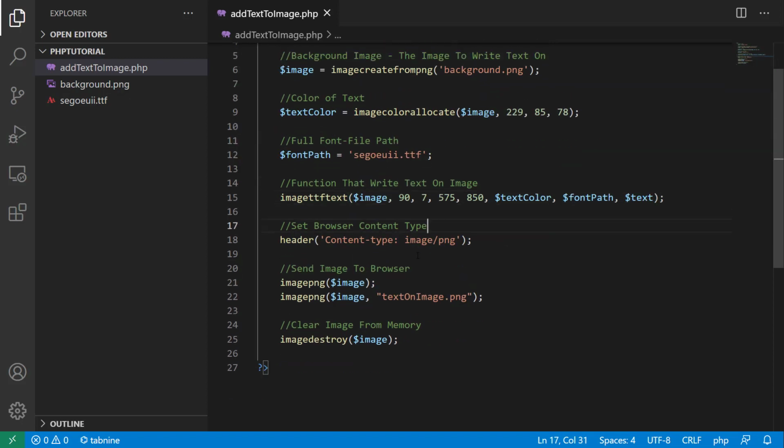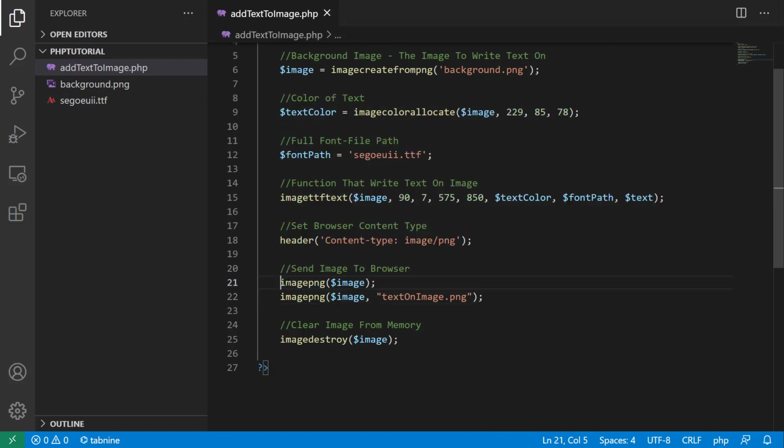Okay, so whatever the resultant image will be created using this process, I want to display it in the web browser. So for that I am setting the header here using the header method, and the content type as image/png. Okay, and then this method imagepng with the image object as the argument is actually sending the image to the web browser. Okay, you can also supply the second argument as the path where you want to store the image. Okay, so I have just used both.